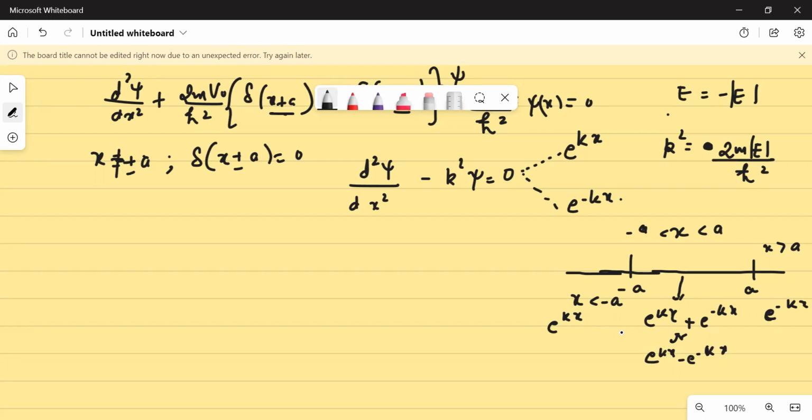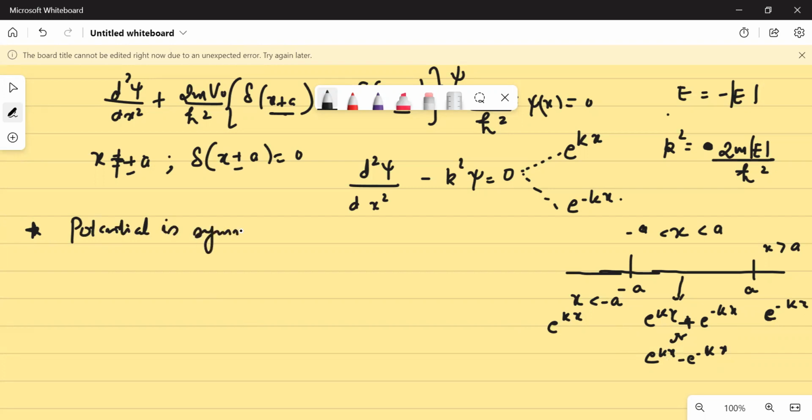We'll multiply it with some suitable arbitrary constant. Don't worry about it. But most possibly, we can have both of these combinations. Now, there is a theorem in quantum mechanics that we'll study in operator theory also. We'll do all these things in operator theory. That if the potential is symmetric,